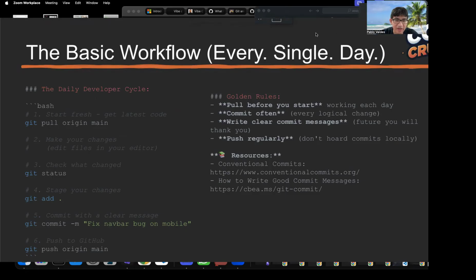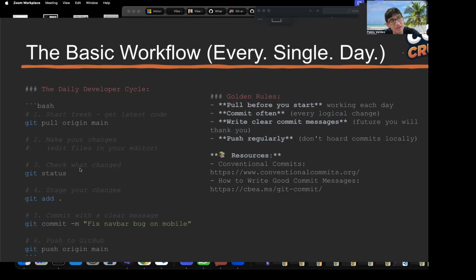Some of the most basic commands you'll be using pretty much every single day is stuff like git pull origin main. This is just to get the latest code inside a project. Let's say you're working at a company and you're using GitLab or GitHub. Both are places where Git repositories are essentially stored and managed. Then you could use something like git pull origin main to get the latest code. Maybe your teammates made some changes overnight to the repository you're working on. So you want to get those changes so you could be working with the right code, right? The latest code.